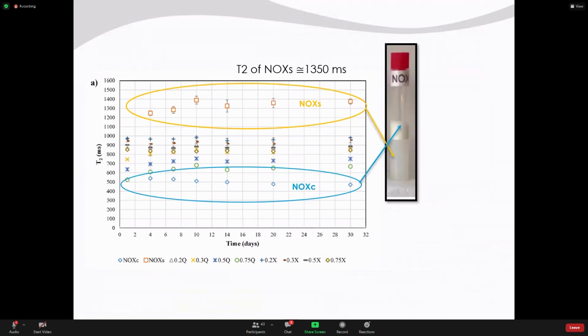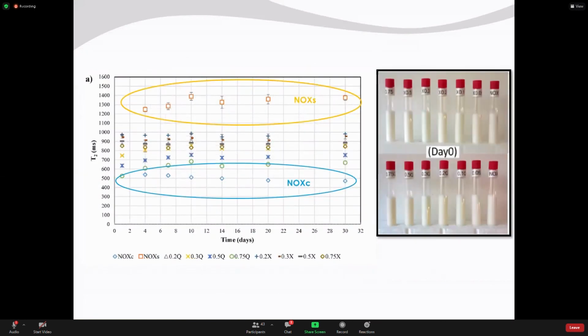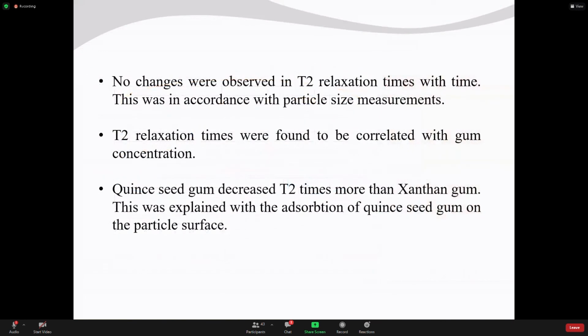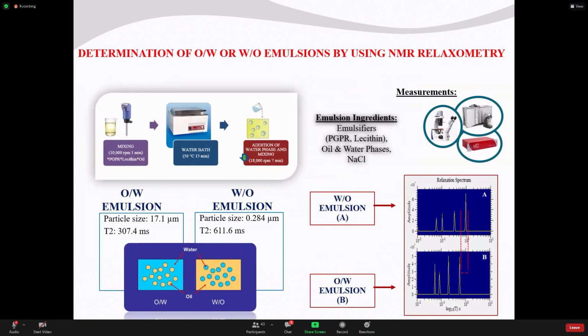I'm not going to talk about the details of that study, but we had many other results which supported this finding. Double emulsions are another category of foods where we are using double emulsions to create low fat content food products. Whenever you have oil and water in a system, NMR relaxometry is a perfect tool to characterize that system. So the stability of double emulsions or multiple emulsions can easily be assessed